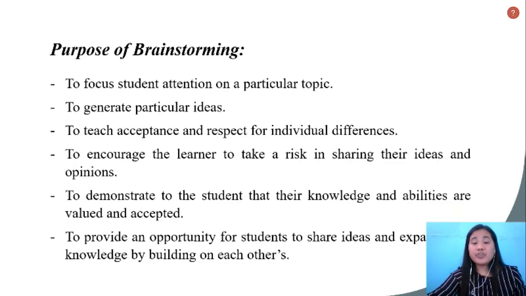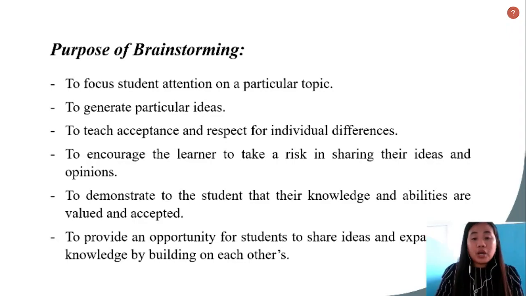Brainstorming. So, there is a purpose. There are purposes of brainstorming. Okay, so these are the purposes of brainstorming. Number 1 is to focus student attention on a particular topic. Okay, if you want the student to pay attention on a particular topic, then you may use the brainstorming technique to generate particular ideas. If you want to gather student ideas based from the specific topic that you've given them,